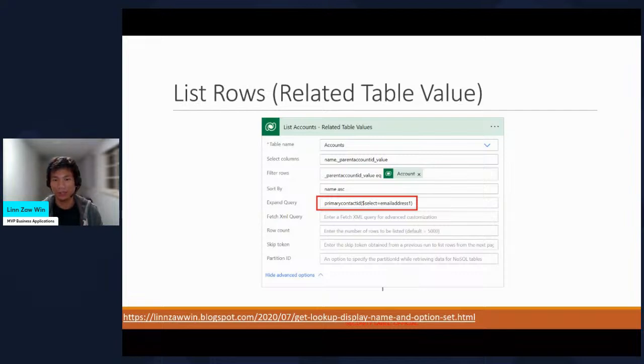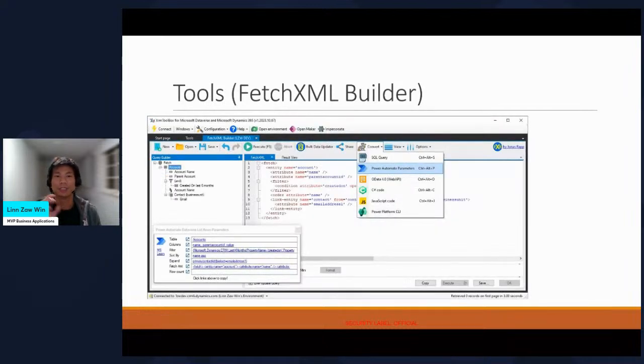In that way, you just minimize the number of steps and retrieve all the data within the same single list rows action. And using those expand queries, you might not know how to write the expand query. Is the syntax a bit complex? In that case, you need to use the